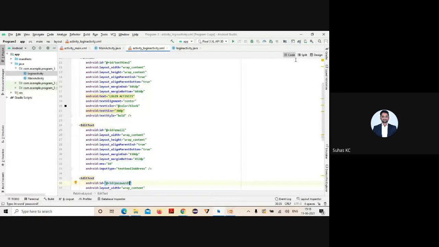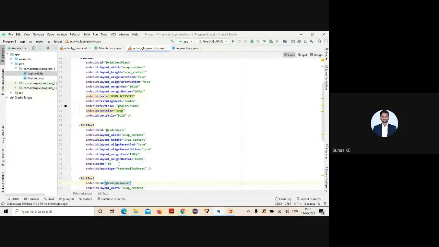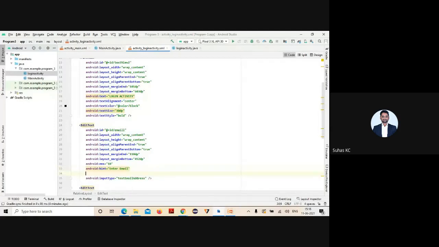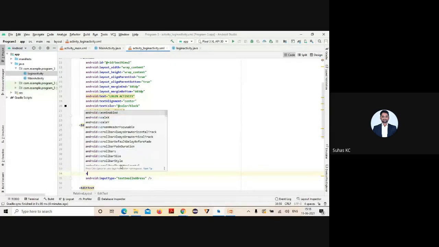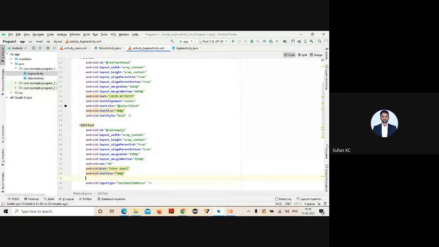And see, you don't know what you need to enter in these two things, right? So it is used to take the input. That's why I'm not going to change the text type. So what I'll do is I'll just keep it as it is, and you can keep Enter email. And if you want to change the size of that, just give size 30 dp, and you want to change the color, give black.